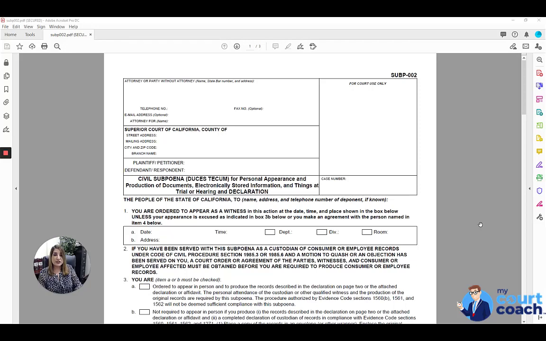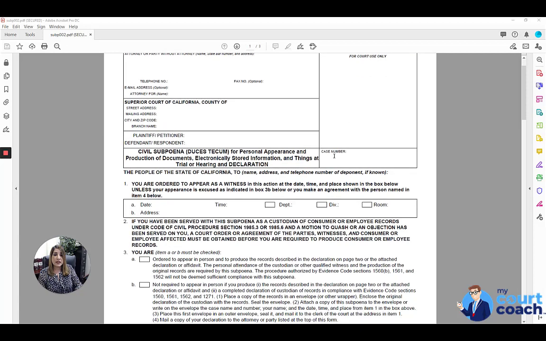I'm Sarah, and I'll be your instructor as we talk about the Civil Subpoena Duces Tecum for personal appearance and production of documents, electronically stored information, and things at trial or hearing and declaration, also known as Form SUBP-002. As with all our court forms, you want to start off by filling in your identifying case caption information